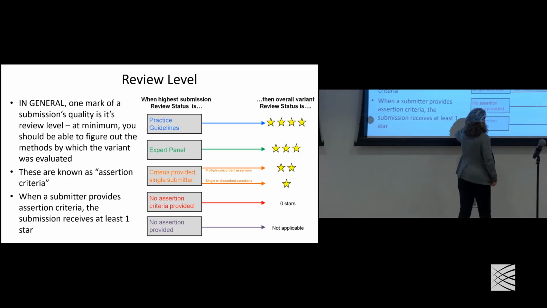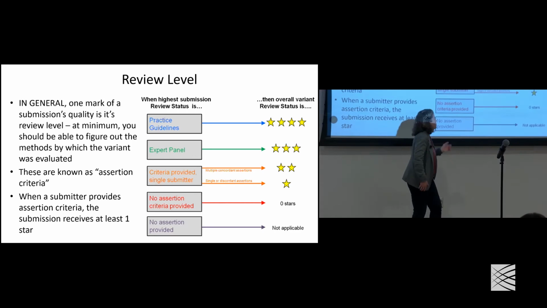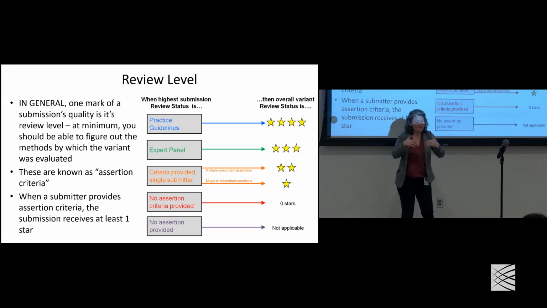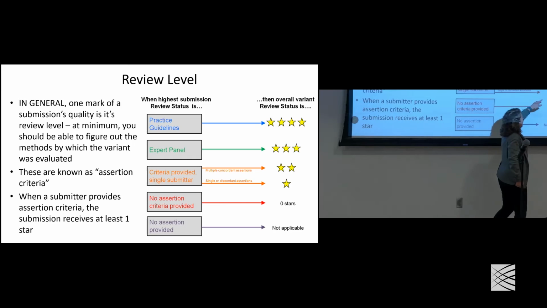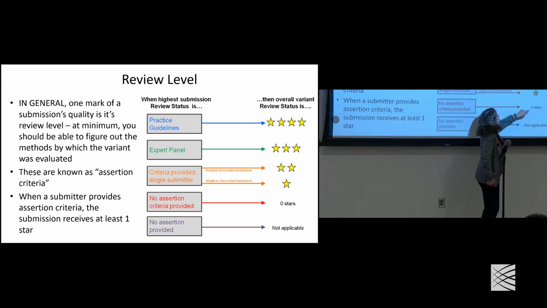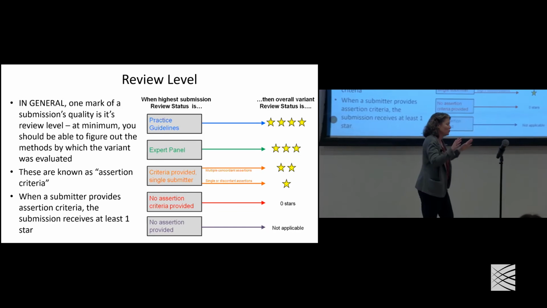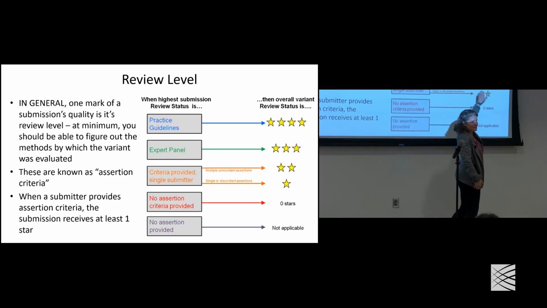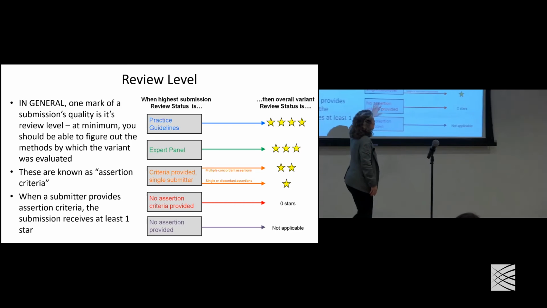If you don't tell us how you classify variants, you get 0 stars. OMIM is in that category. They don't actually rigorously classify variants. They just dump them in from the papers, so they get no stars. But most of the clinical labs have criteria for how they classify variants. They largely all use the ACMG AMP guidelines, and they get a star, and they override any of the 0 star submissions. Then if more than one submitter has submitted something and they all agree, it gets 2 stars. And if an expert panel has classified it, it overrides all of this and it gets 3 stars. If it's in a professional guideline, which is actually very few variants, it gets 4 stars. So that's the system.